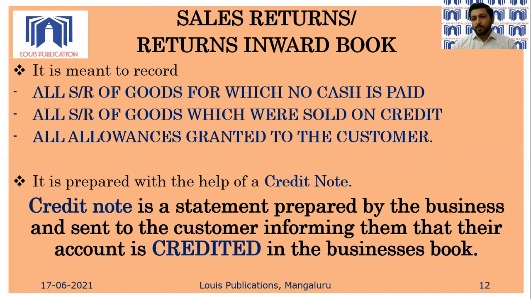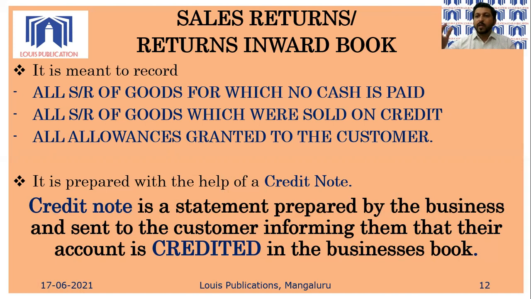Let's decode this particular concept. We are selling to a customer. When we sell to a customer on credit, the journal entry is: the customer is the receiver, so debit the receiver, and sales, goods are going out. So the journal entry for credit sales is customer's account debited to sales account. Now, when the customer is returning the goods back to us, goods are coming in. So sales returns account is debited to customer's account. So the customer's account must be credited.